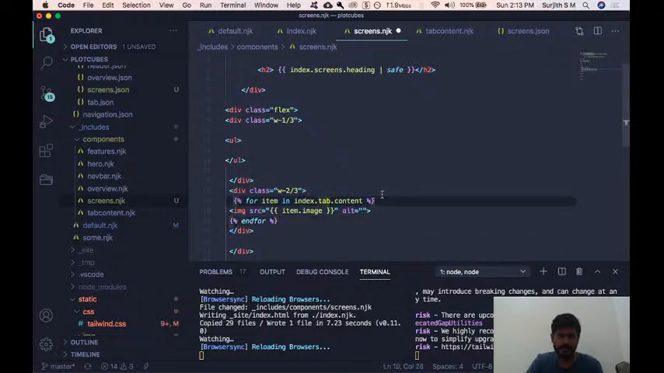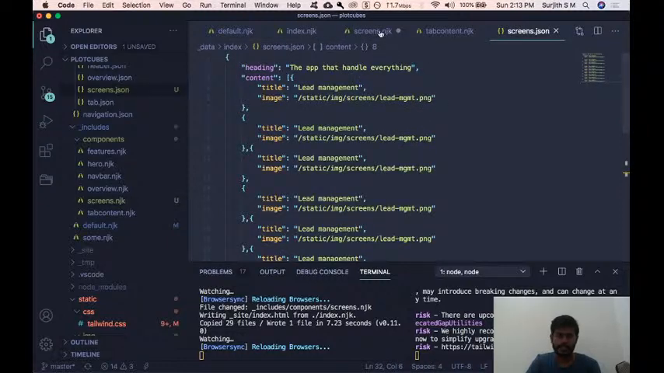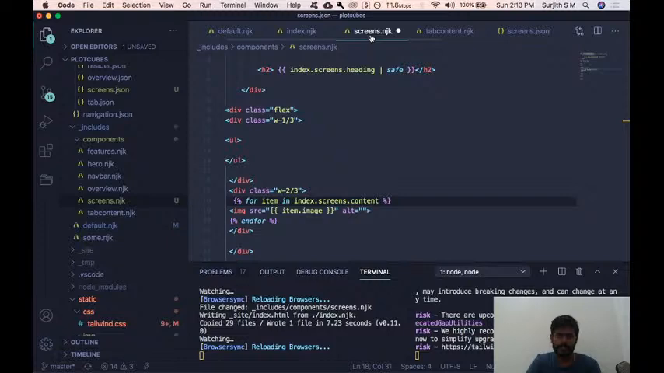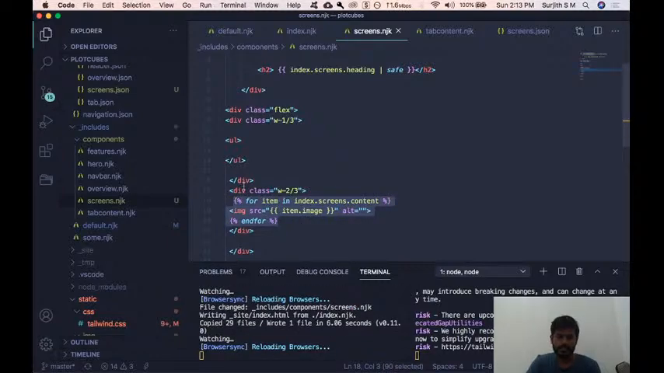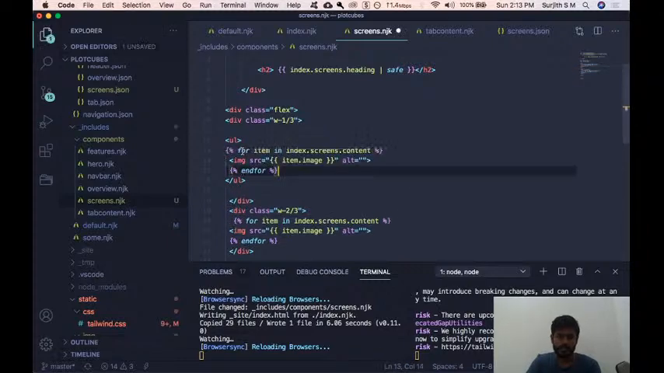Okay, so instead of tab, what do we have? We have screens. Index dot screens dot content, I think. Content? Yeah, content. So each content we are getting this title and image. So we have already added the image, so it should work automatically. In the meantime, let me also copy that, paste here,